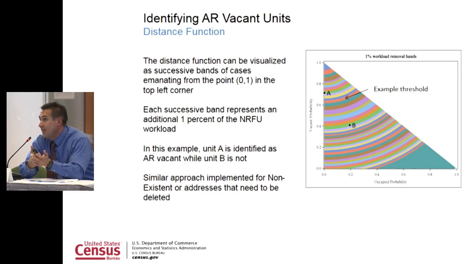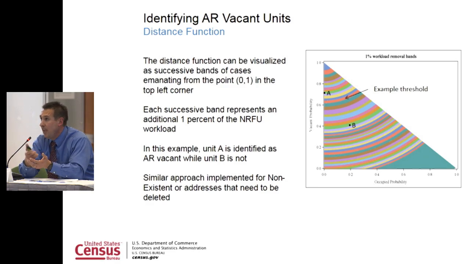Based on this, we're able to do a series of, and this is just 1 percentile bands based on our 20% data, how close to the top left corner are we, where we have a probability of vacant being 1 and a probability of occupied being 0. So we can calculate the Euclidean distance from there, and since we have this continuous measure, we can make a cutoff about which cases we might want to reduce field work, and which cases we might want to do our full contact strategy.